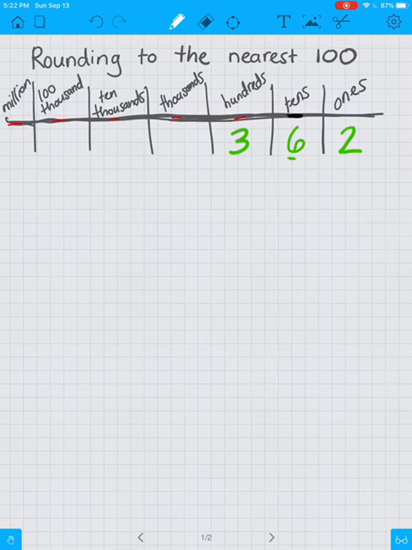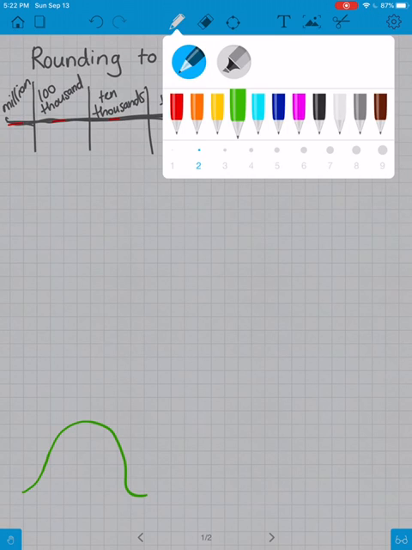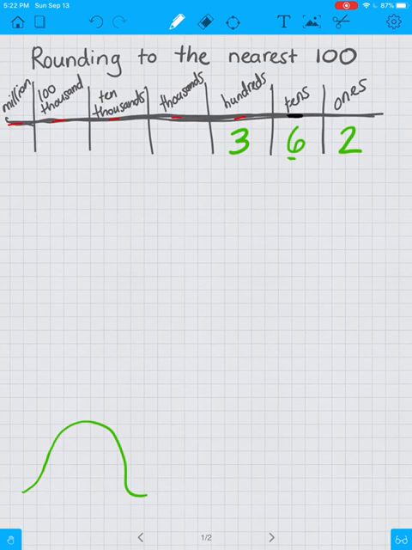So again, I'm going to draw a little mini roller coaster down here. And remember the numbers are 0, 1, 2, 3, 4. And that's to round down. And then to round up, you have 5, 6, 7, 8. And think about when you're on a roller coaster, when you get over the hill, that's when you're rounding up. And the numbers below that is when you go down. Okay,